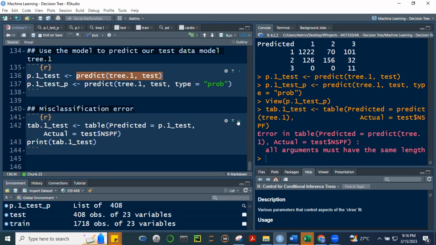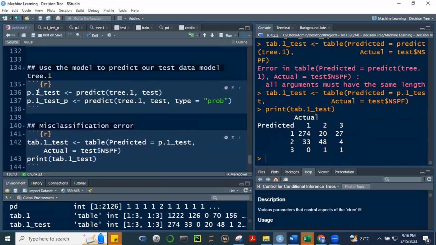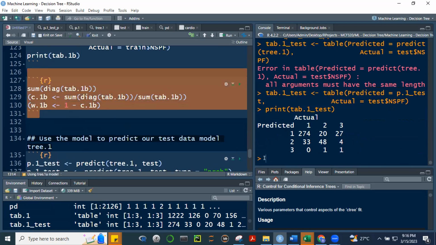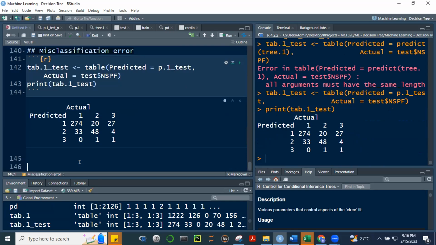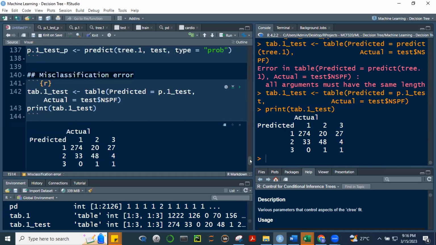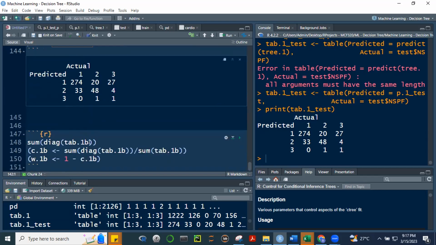Alright, so run. Okay, so ito na, no? Note, mas konti siya, di ba? So ito yung mga tama, 274, 48, 1. And then let's see, i-run ulit natin to, yung proportion niya, this one. So ano yung ano natin dito? Yung table natin ito, Control C. Okay, Control V, right?